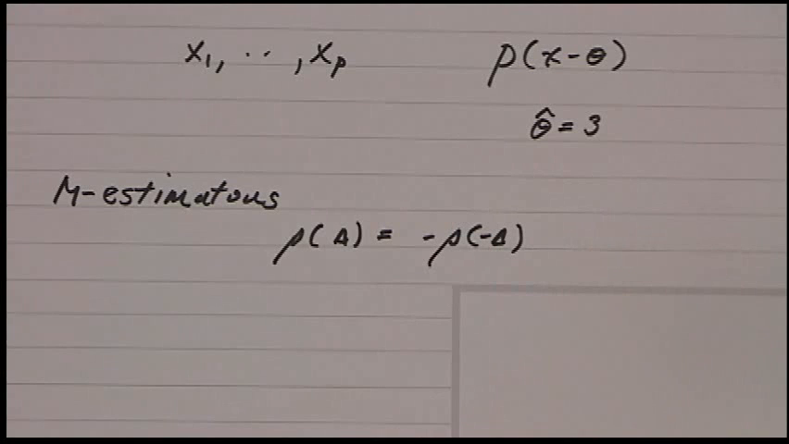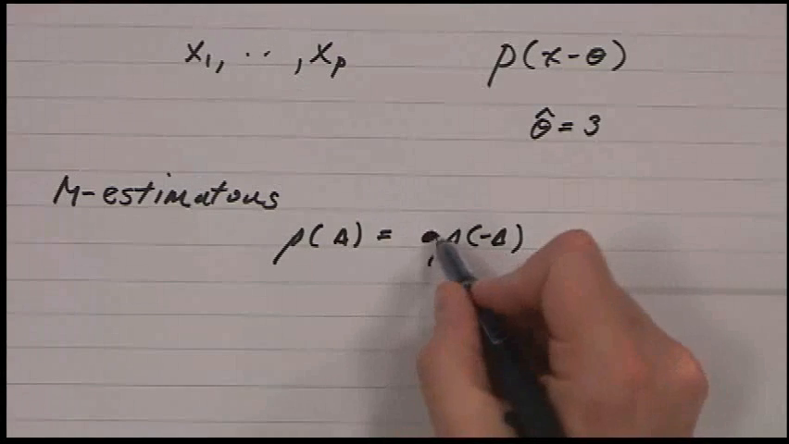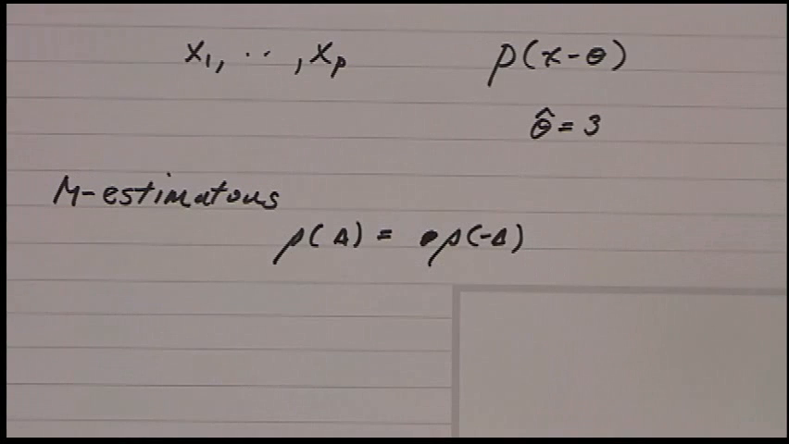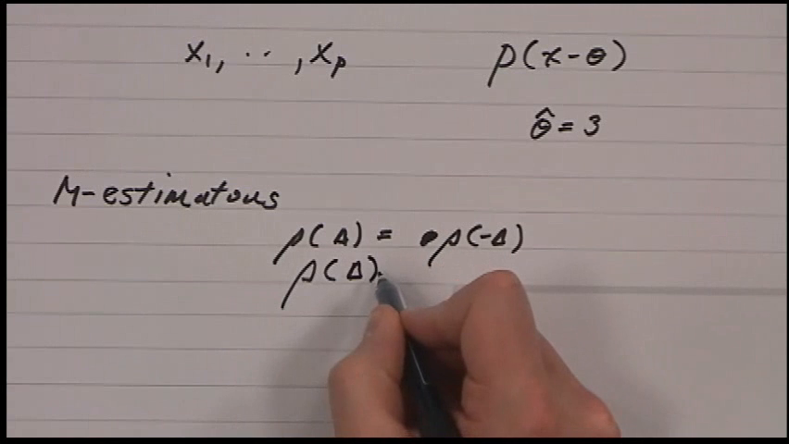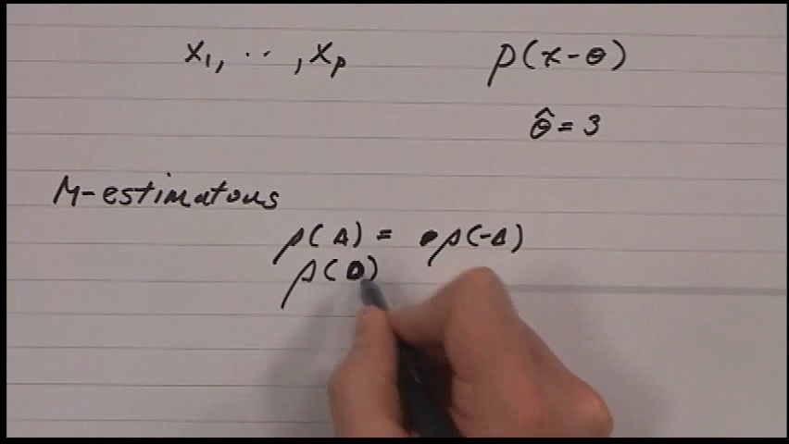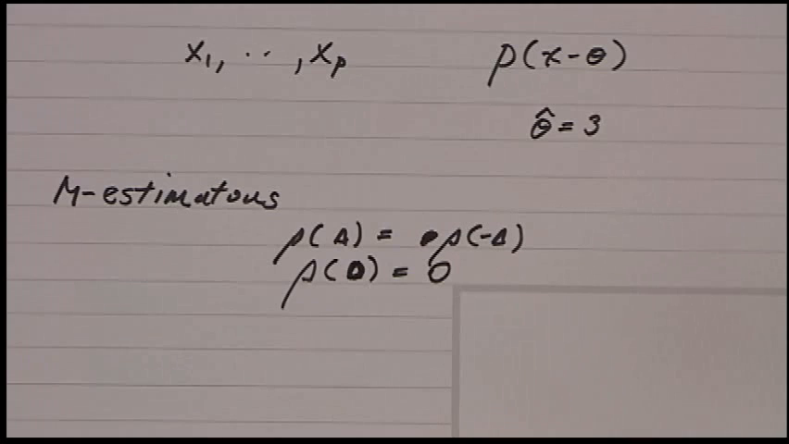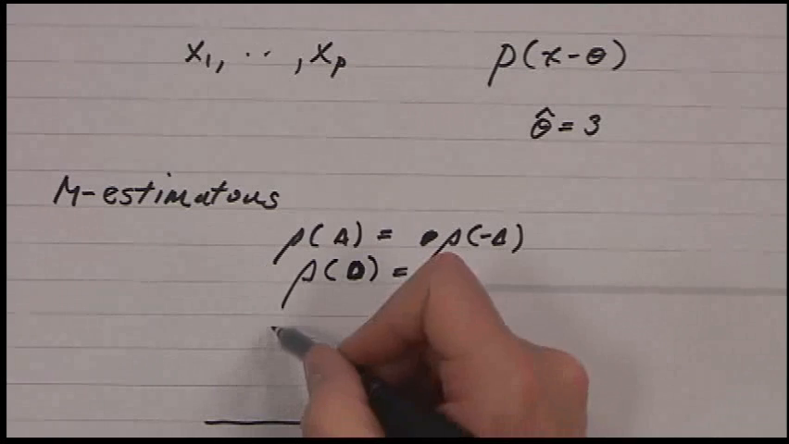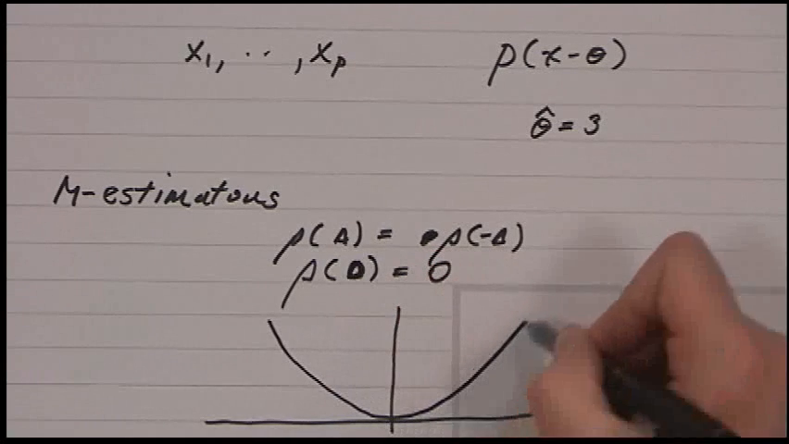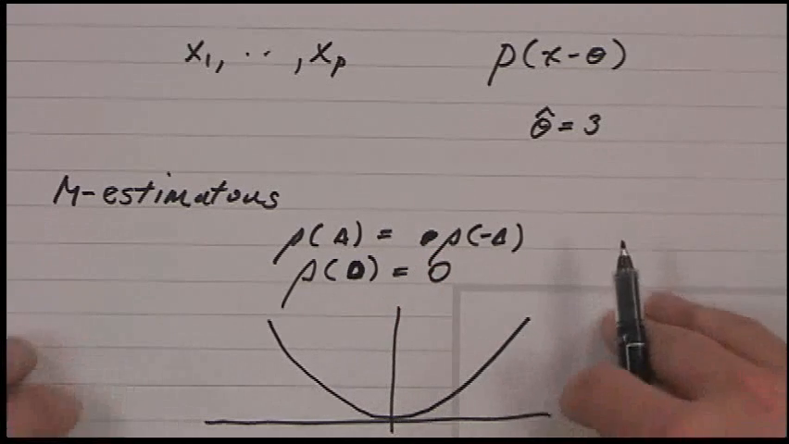All right. So, oh no, what am I doing? I put the minus in the wrong place. Okay, and typically rho of 0 equals 0, really without loss of generality. Okay, so it's going to be some function like this, say. And a typical choice for the M-Estimator is that